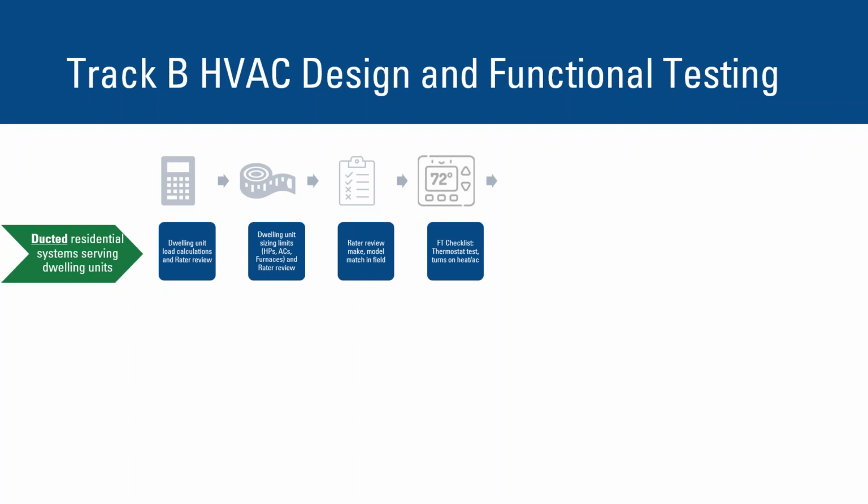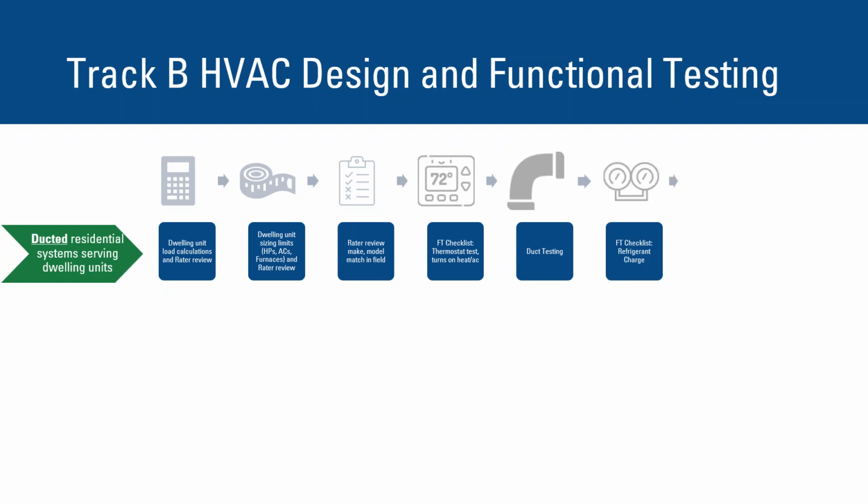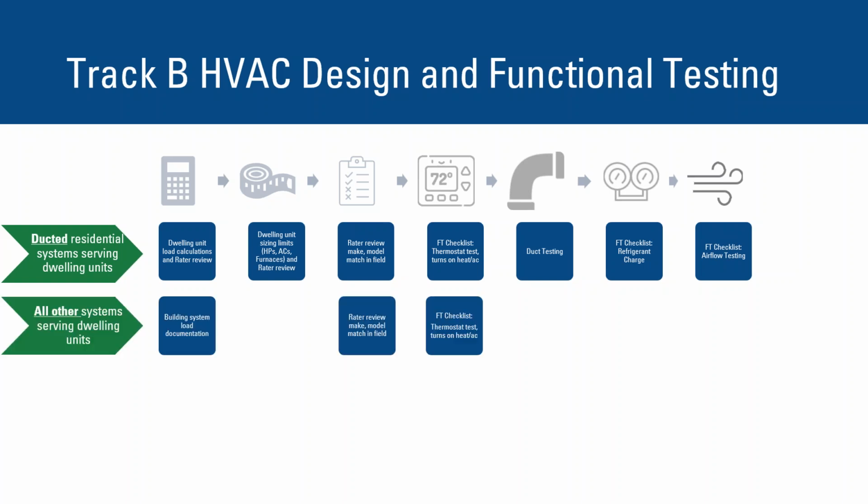We also have on the functional testing checklist, functional testing of the indoor unit to make sure the heating turns on and off. Then we require the duct testing for these dwelling units, as well as when you switch over to the functional testing checklist, you need to do refrigerant charge test and airflow testing by the functional testing agent. And that's what you do for the ducted residential systems, but then all the other residential systems, you need